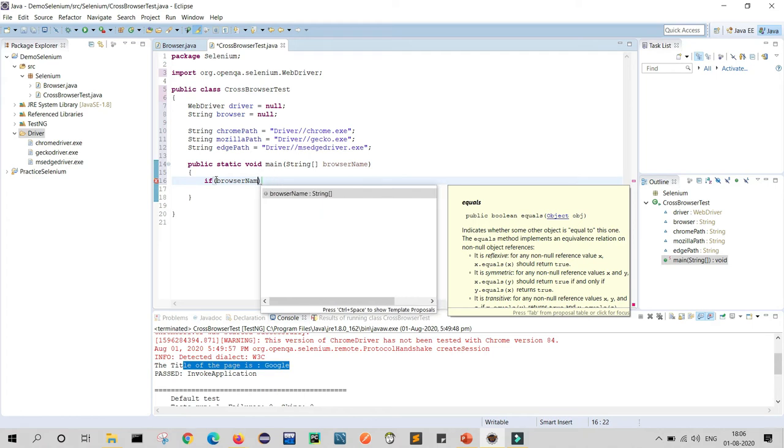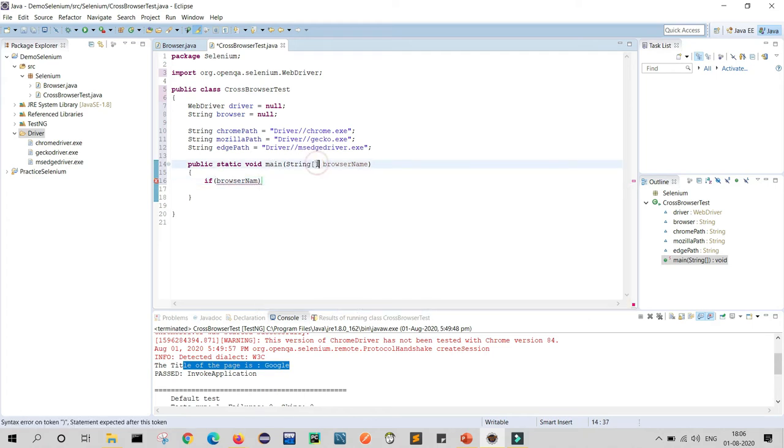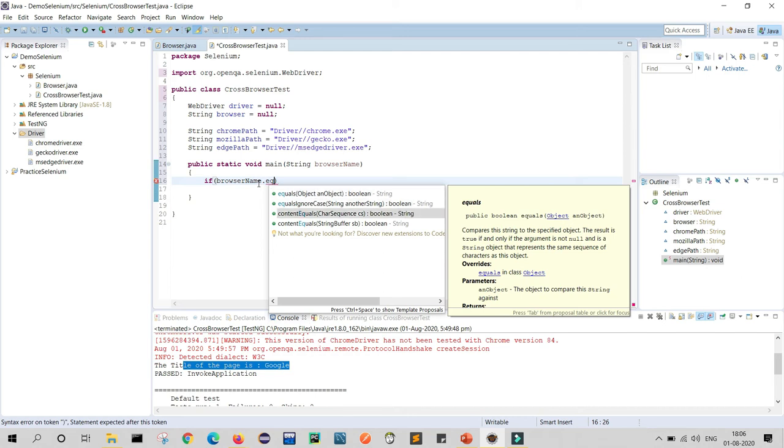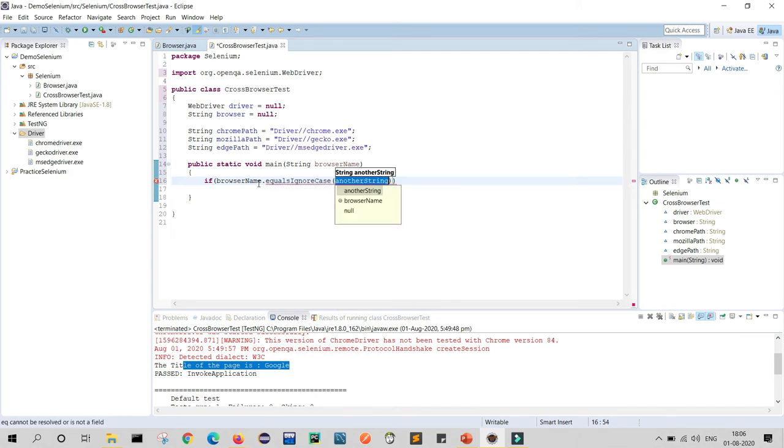Okay, here it is not coming, so we just remove string and now it will come. Here we will use equals ignore case, and here we will provide our browser name. So my browser name is Google Chrome, so I will write Google Chrome.